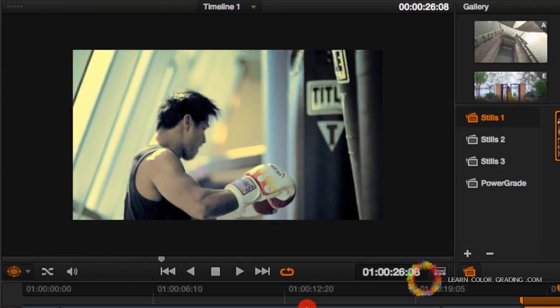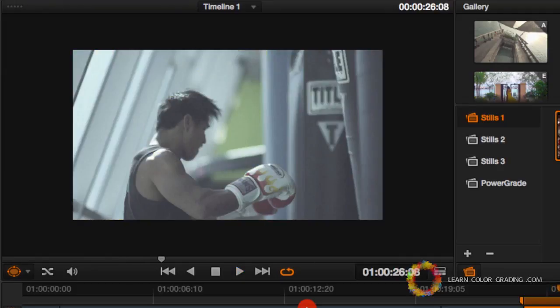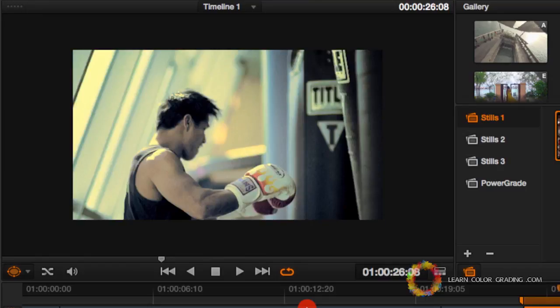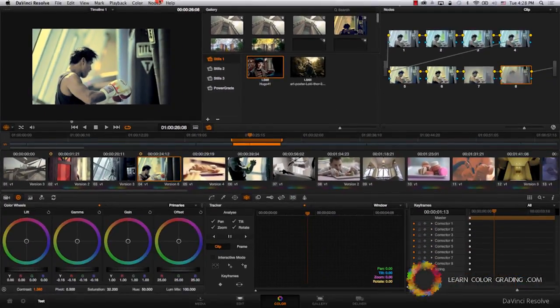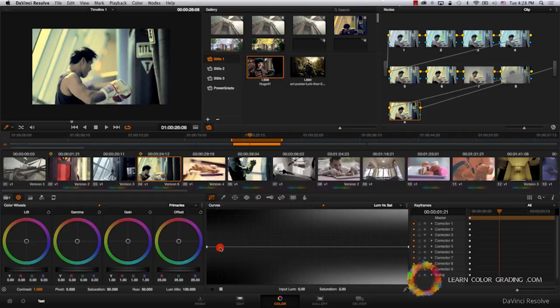Let's take a look at the original image. I still feel that it's a bit saturated. I'm going to add a new node and go to Luma versus saturation and start as usual by reducing the shadows, controlling the midtones,